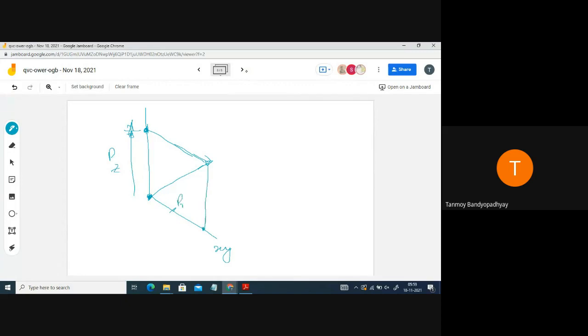Now you draw the xy axis. So this was the P vector. How to break this P vector? Pz should be equal to P, and this angle was 30 degree, right? If this is 30 degree, then this should be P sin 30 degree. Now you backtrack this one. So this is the xy axis, and this is the x axis.